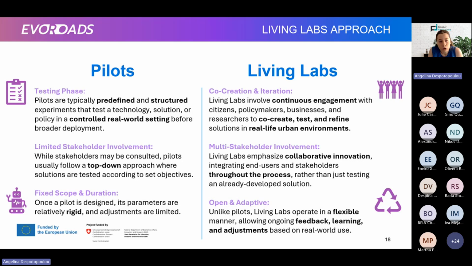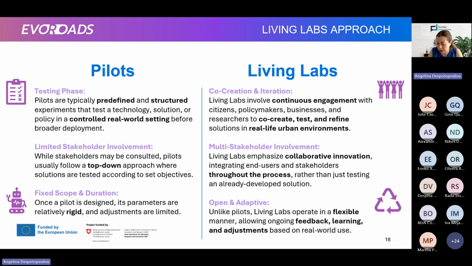The normal pilots are in fact, as you already know, a testing site. They are very predefined, structured experiments where scientists and research teams gather to test some particular technologies in a very specific scenario, see what goes wrong, what goes well, and then go home. And this is the pilot. Pretty much